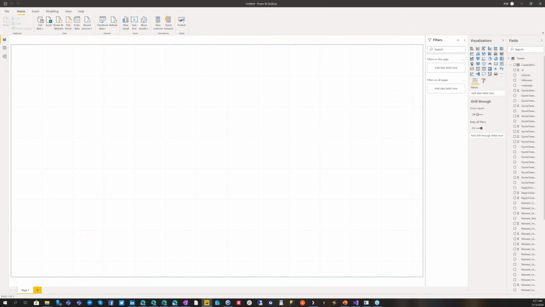So we've just imported all of those tweets since April in here. And one of the things I want to do is to create a calculated measure. I'm going to create a very simple one. I'm going to just say, what are the number of tweets. So I just right-clicked on my tweet table here. I'm going to click on New Measure,